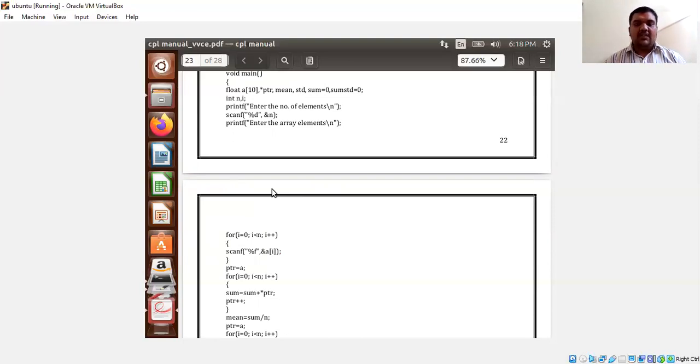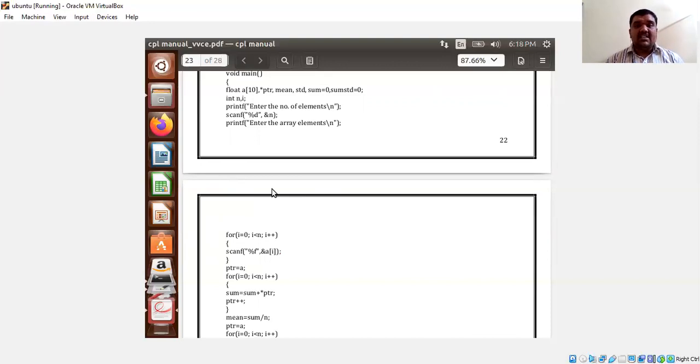Now in the first part of the program, what they have mentioned, we need to find the mean of n real numbers. How to find the mean of n real numbers? Find the sum of all the numbers divided by the total number of elements. Understand? So now find the sum of all the elements. For i = 0, i < n, i++. So now find the sum of all the elements in an array. That concept we are supposed to use here.